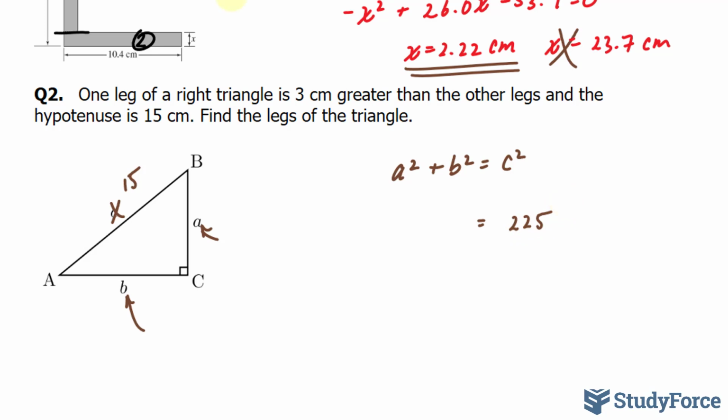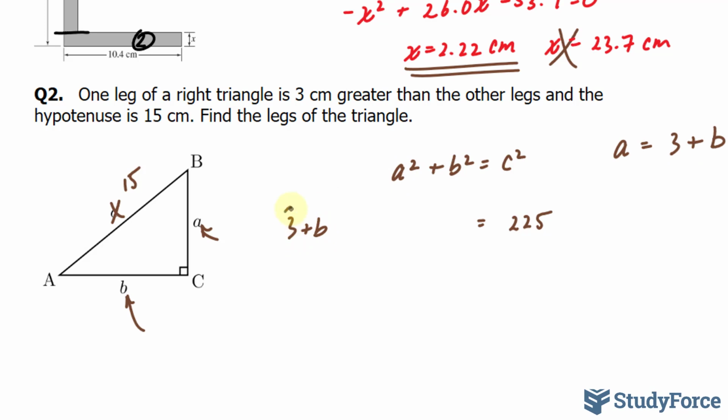Now we're told that one of the legs is 3 centimeters greater than the other. So what I'll say is that a is 3 centimeters larger than b. And I'll substitute this into my a value, and I'll leave b the way it is. So I'll have an equation that's exclusively in terms of b. So substituting 3 plus b into a,